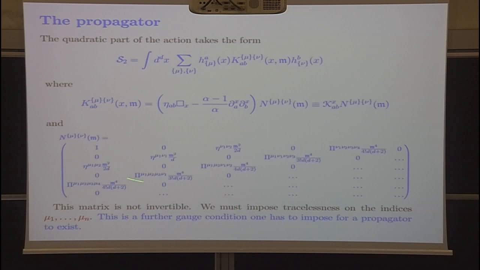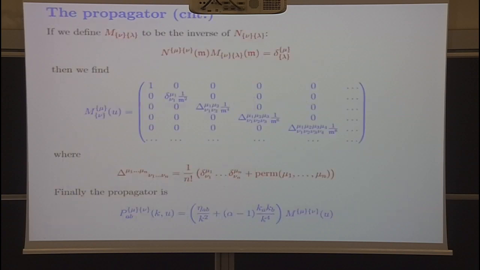But it's very easy to get rid of the dangerous term. It is enough to impose that these fields here, in the indices mu and nu, are traceless. And this is a further gauge condition, because I have imposed already one here, but we have to impose another gauge condition in this form on the propagator. Once we have done this,